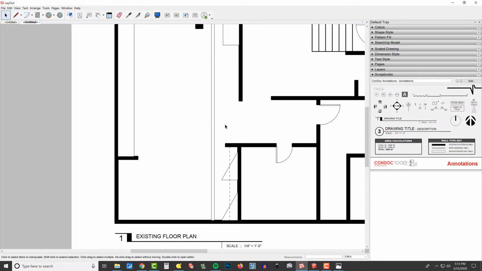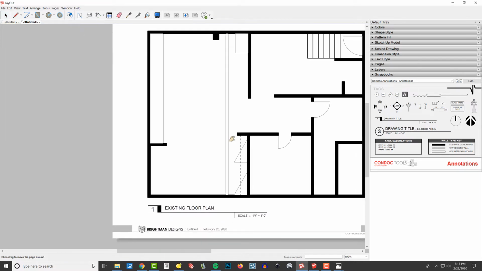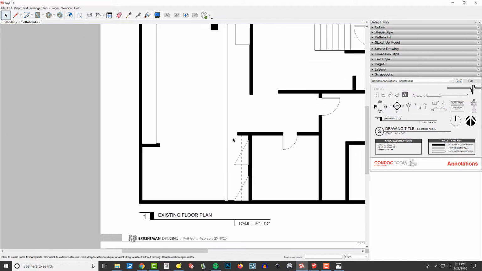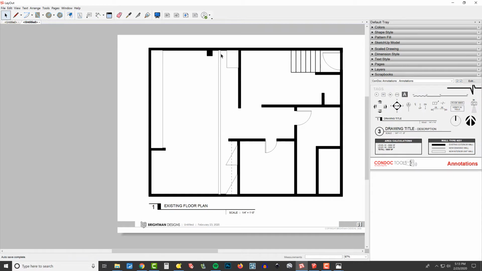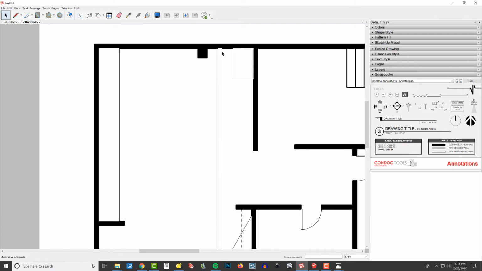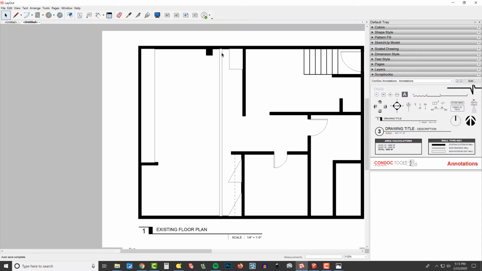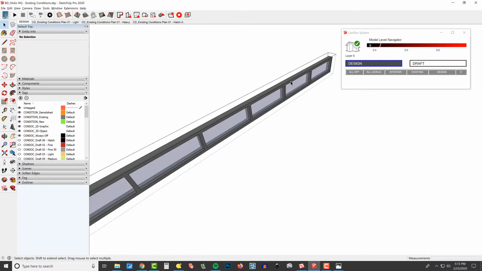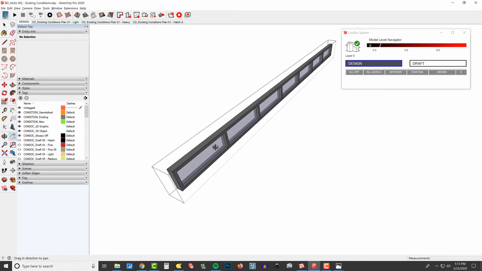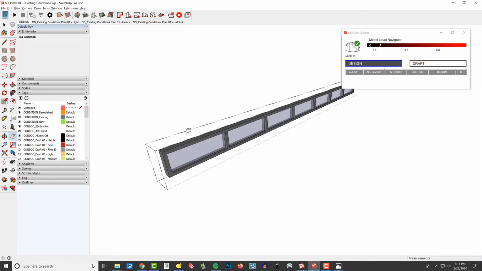I could see a case for the windows being dashed. I could imagine that. Or I could also see them not being visible at all, and not showing the windows, but rather showing the soffits, because basically this edge is the soffit. So let's just do this. We're going to show the windows as dashed. These windows are going to have a 2D graphic,